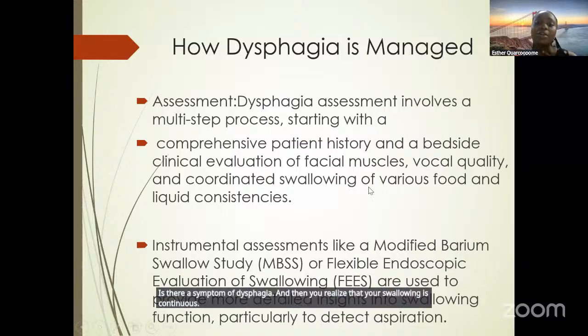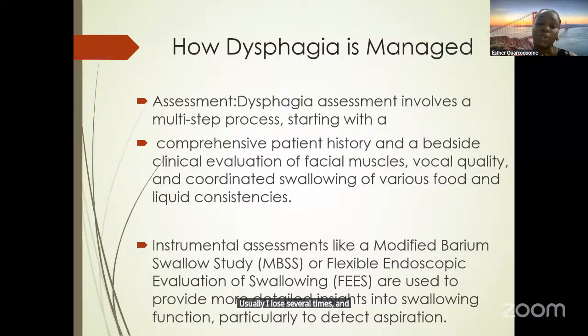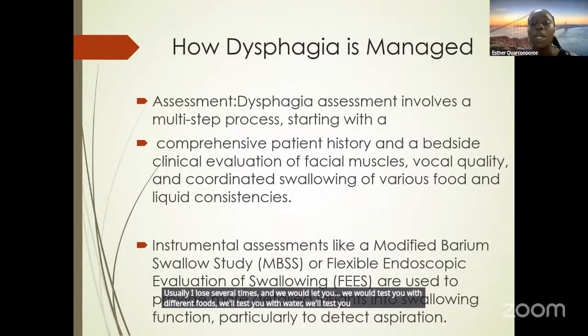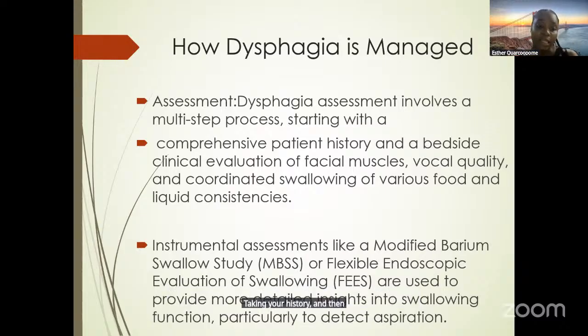You swallow several times, and we will test you with different foods. We'll test you with water, with pureed food, with a biscuit, different food consistencies, and we'll ask you some questions like taking your history. And after that, if you have to go further, you go through a flexible endoscopy